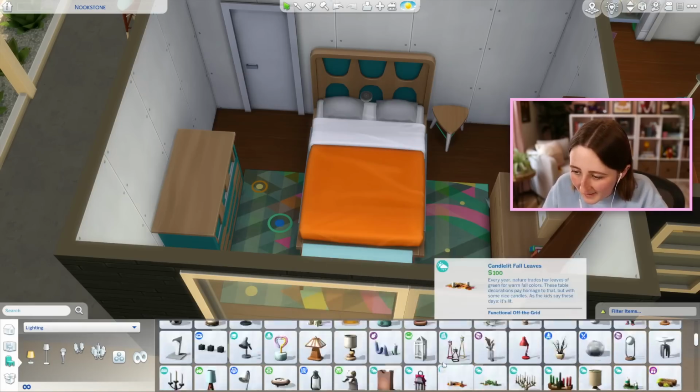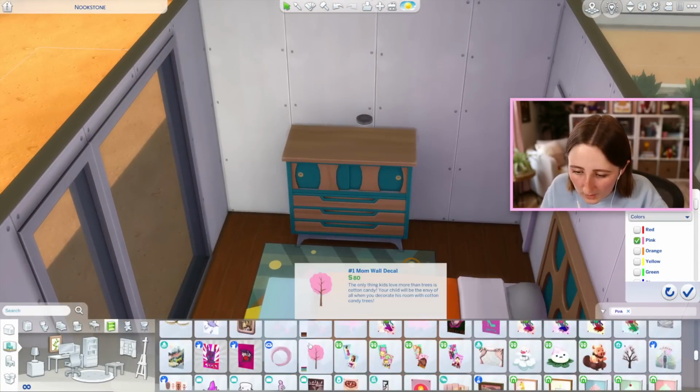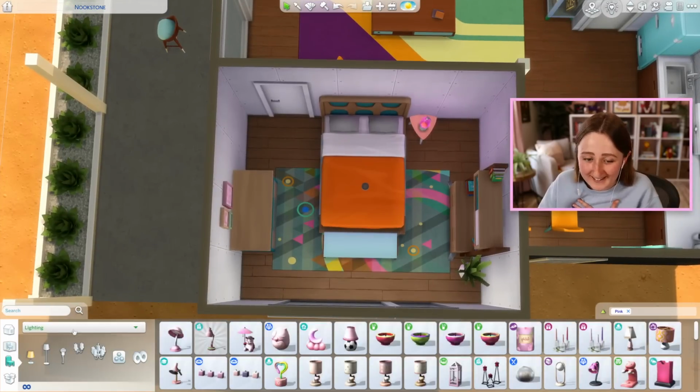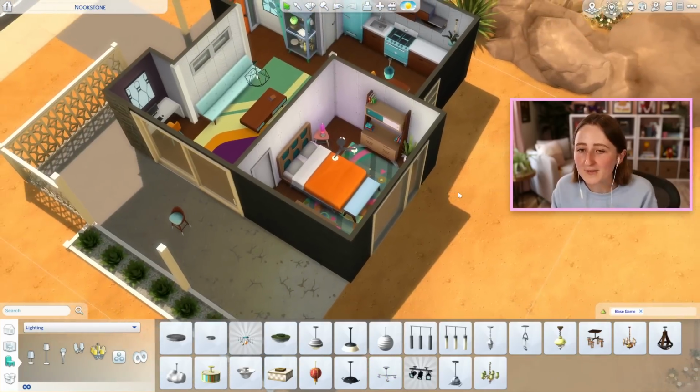Maybe I could use a pink lava lamp. Wait, that's kind of fun. Maybe some sort of pink artwork on the wall. Suddenly, this build uses like every pack imaginable. I did not set out trying to do this. I really thought I was gonna use just the base game and the bowling pack, but now I'm feeling so